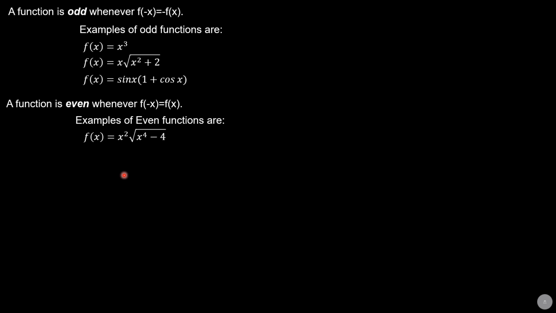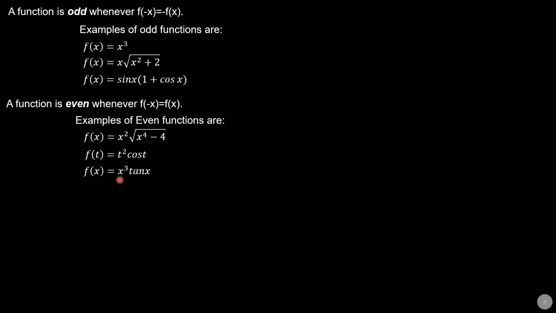Next is f of t equals t squared cosine of t. T squared is even because negative t quantity squared is still t squared, and cosine of negative t remains cosine of positive t. So in fact, t squared is even and cosine t is also even. So other examples would be f of t equals t squared and f of t equals cosine t. Those are even functions. And lastly, we have f of x equals x cubed times tangent of x.